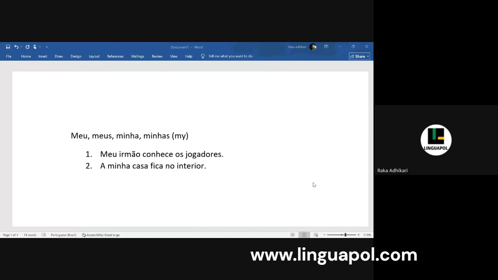ठीक है, सब्जेक्ट हमें पता ही नहीं यहाँ पे कौन है, क्योंकि हमने सब्जेक्ट के बारे में कोई बात ही नहीं करी है यहाँ पे. We are just talking about the object here. Yes. Let's take more examples.